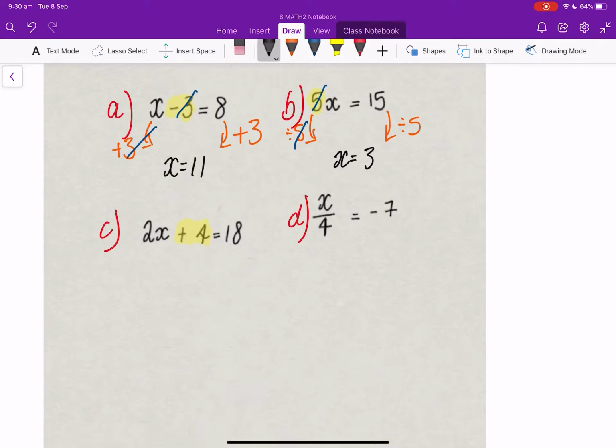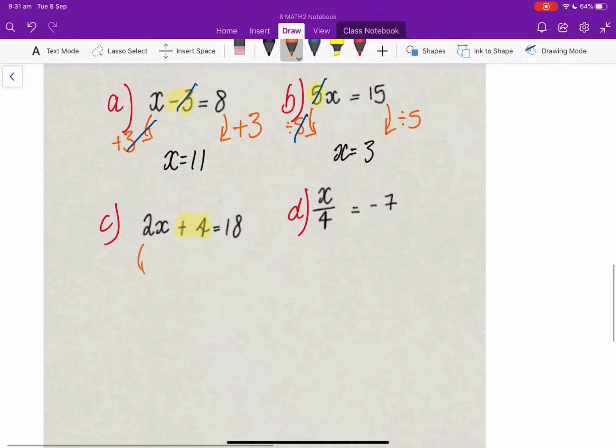Okay, so part C, it's like there's 2 layers to have a look at. We want to firstly get rid of the outside layer, which is that plus 4. In order to get rid of that, we need to do the opposite operation, which is to take away 4. Keep in mind we need to do to both sides. Okay, on the left-hand side, I can cross those 4s out. Now I'm left with 2x